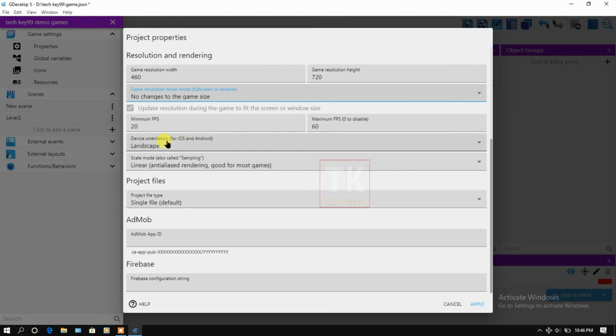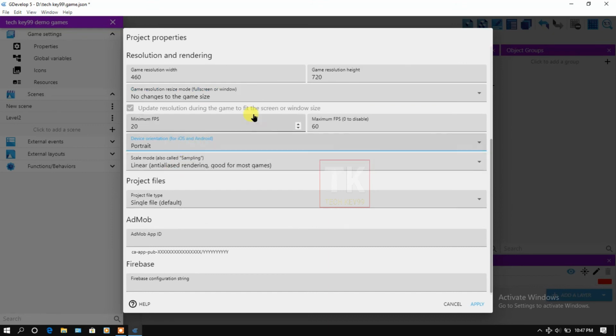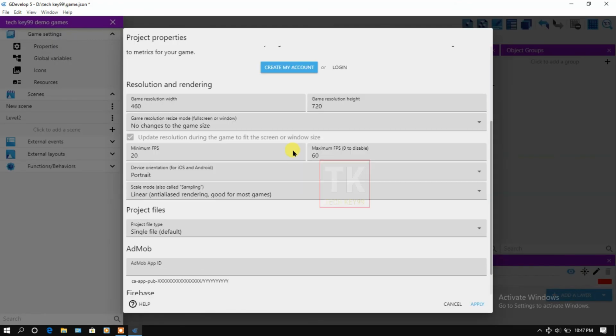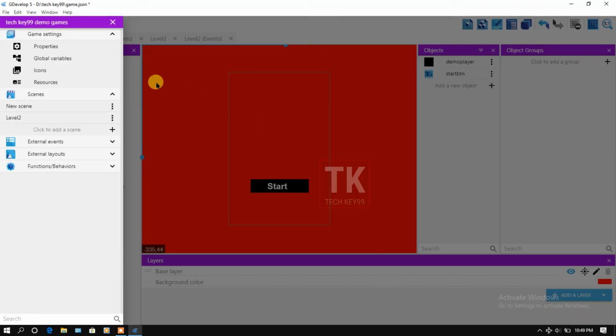Here you can change device orientation, landscape and portrait. Let me explain. This size is a portrait. Here you can see this game size is portrait. And here you do not need to change anything. In the next video I will discuss the AdMob account. Click on apply button.